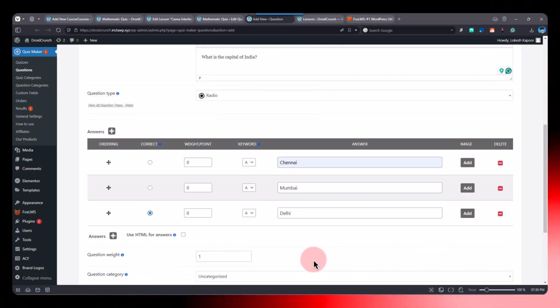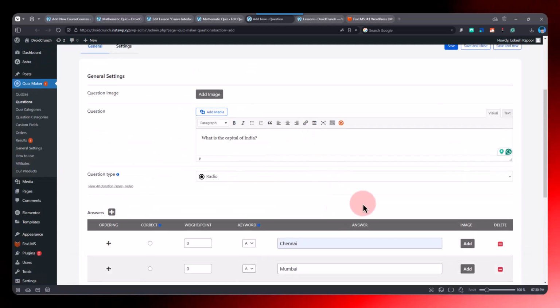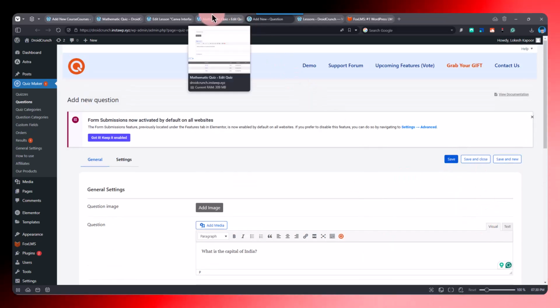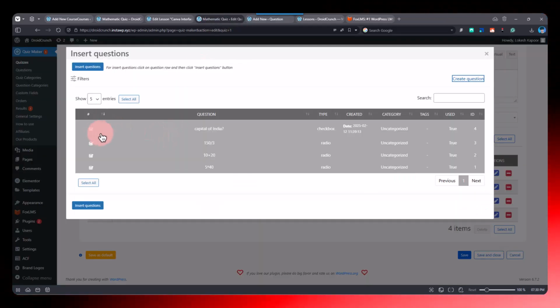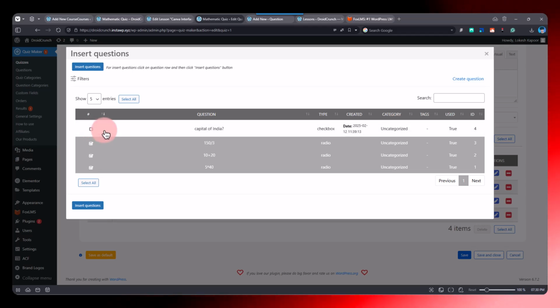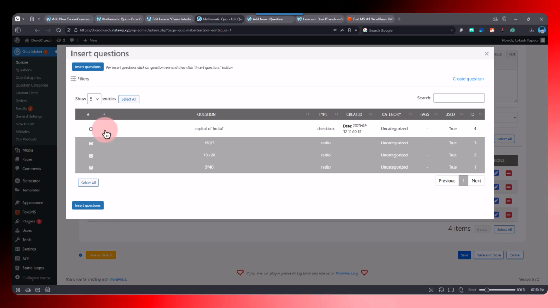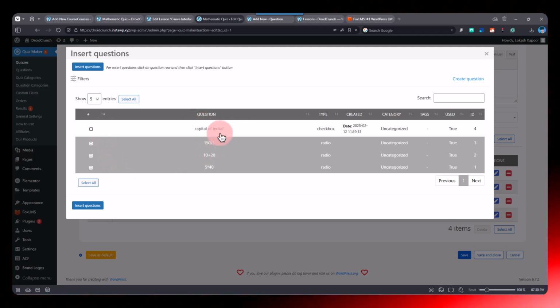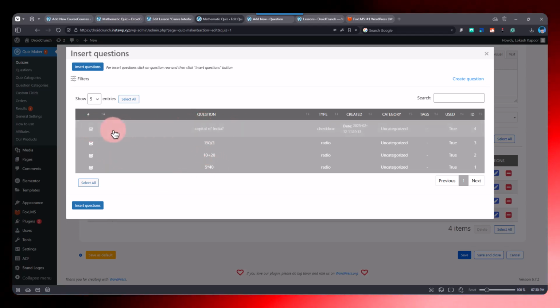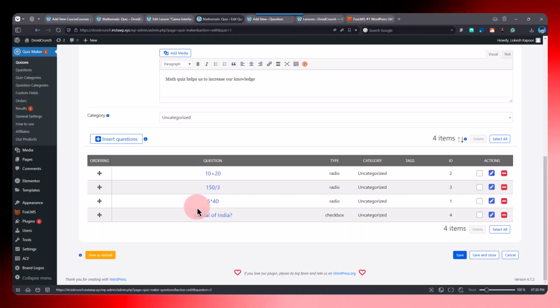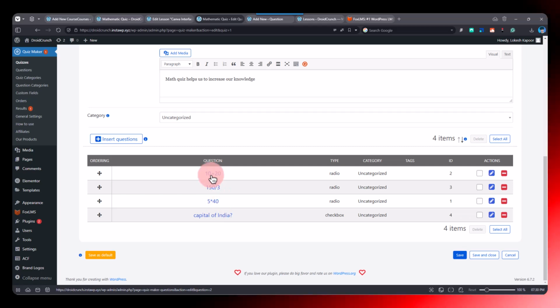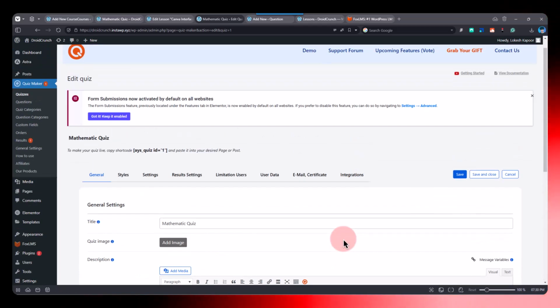You can easily create questions for your quizzes, and when you are done with your question, it will show up right here, and you can add it like this. For example, I created this one, it will show like this. And if you want to add this question to your quiz, then click on this over here, or click on insert questions, and all the questions that you selected will automatically be shown over here,